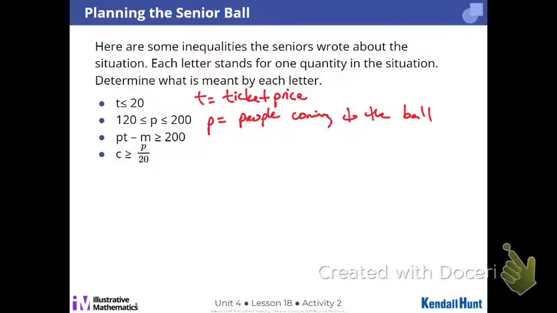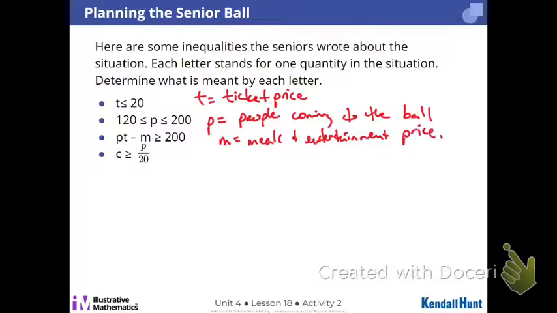This third one, we got a PT and an M. We already know that PT means the number of people times the ticket price, right? We already established T and P. Meredith, what does M have to be then? You don't know? Okay. Who's got something for M? What is M? There are meals. So we're making money by selling tickets, and then what are they paying for? Yeah, Sophia? Meal price. Yeah, M is going to stand for meals and entertainment